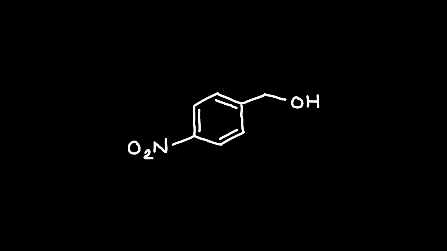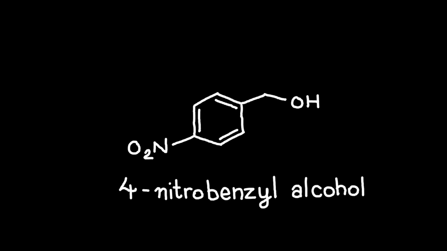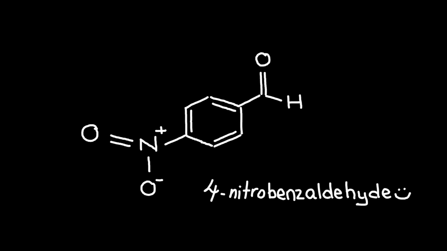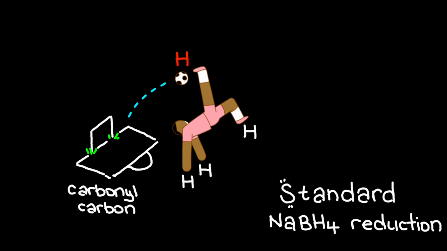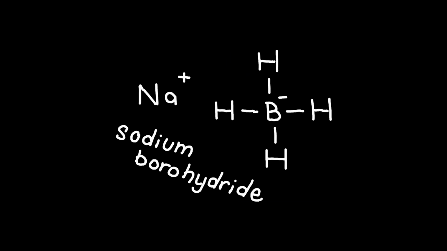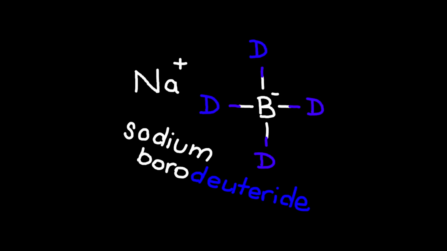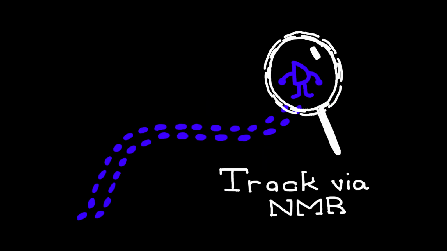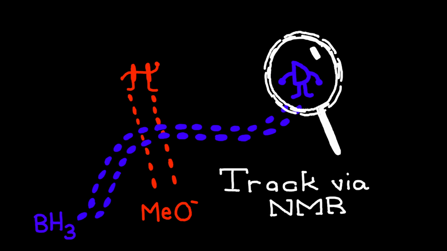I was planning to make 4-nitrobenzyl alcohol from 4-nitrobenzaldehyde using a standard sodium borohydride reduction. But then I thought it would be way more interesting to show how deuteration can give direct evidence for reaction mechanisms. So instead of sodium borohydride, I'm using sodium borodeuteride and tracking exactly where the deuterium ends up in the product. By the end, the NMR will literally show us which hydrogen came from the borohydride and which came from